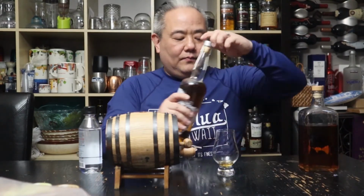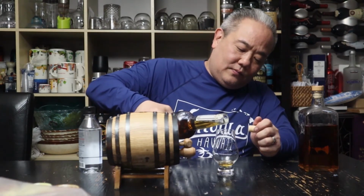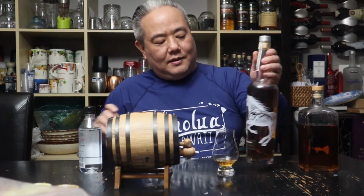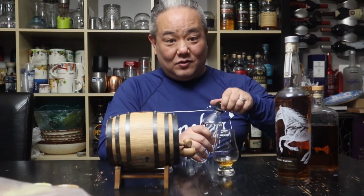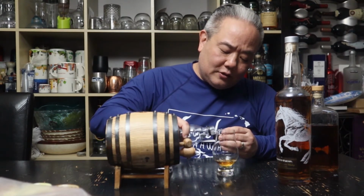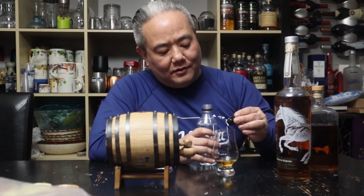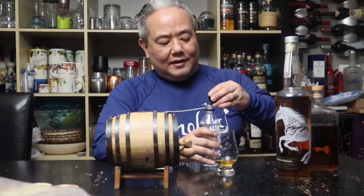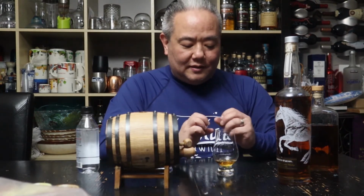So you might see a lot of whiskey connoisseurs add a little bit of water to their whiskey, and you would think that when you add water to your whiskey, you're trying to water it down. But in actuality, if you talk to people who know what they're talking about, so I'm going off of what little I know of it, they say with the more oily whiskeys, adding a little bit of water in there is kind of like when you put oil and water in a cup. So it kind of separates some of the